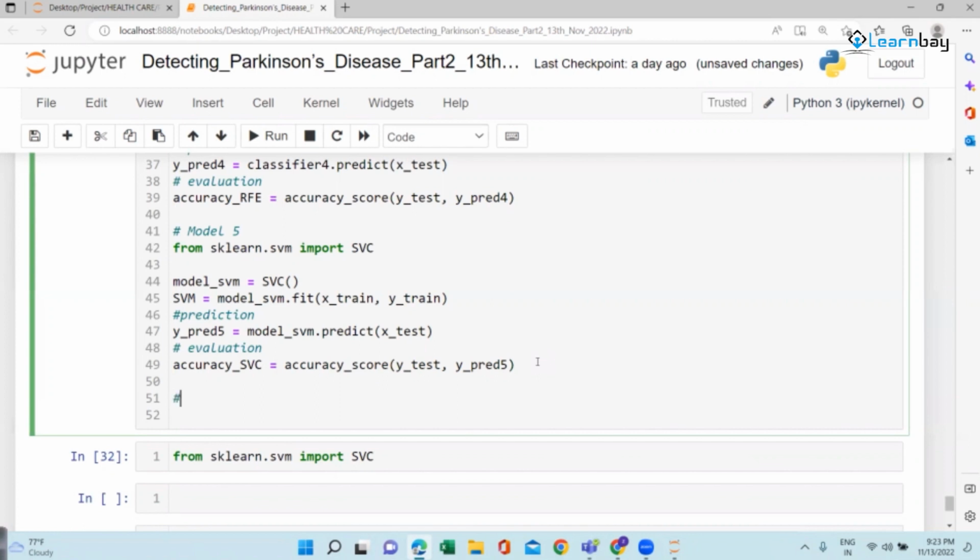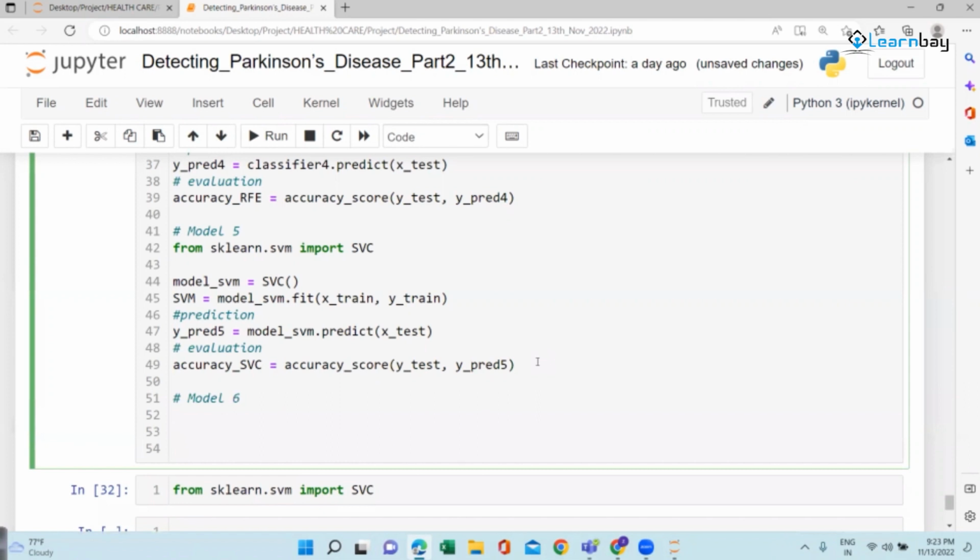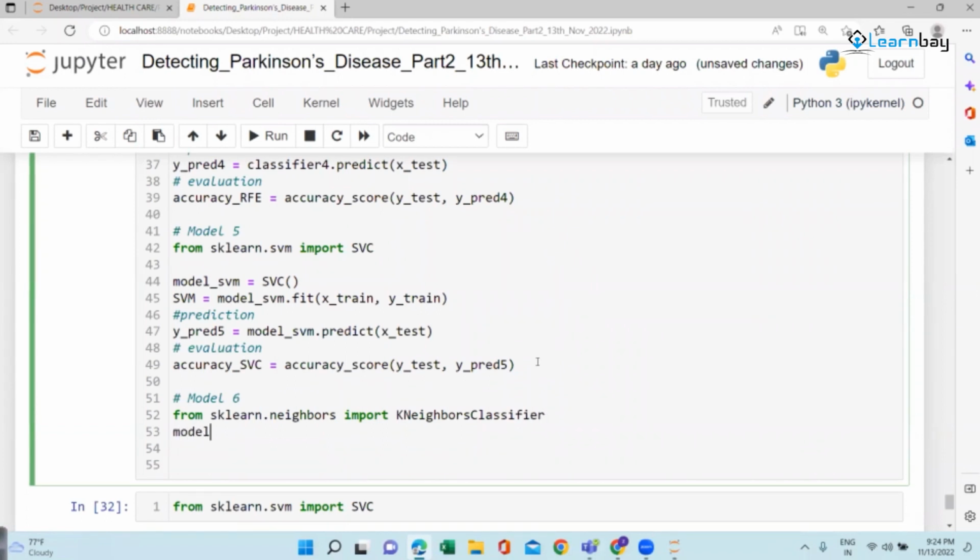Next part is, my friend, model number 6. I'm using the KNN model, one of the best algorithms for clinical sector datasets. So from sklearn dot neighbors import KNeighborsClassifier. Then you can see model KNN equal to